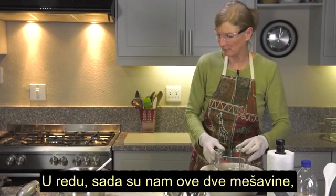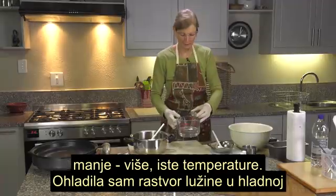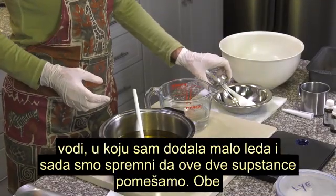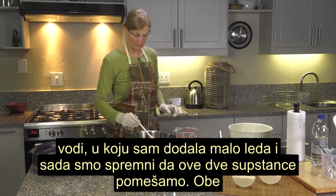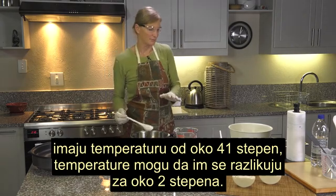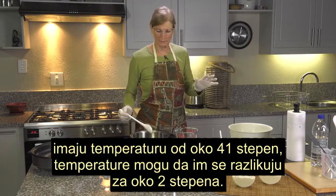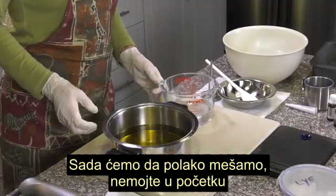Okay, so now we have the two mixtures more or less at the same temperature. I'd cool down the lye solution in cold water and a little bit of ice. And now we are ready to mix the two together. They're both at about 41 degrees. You can have a variance of about 2 degrees. That's fine. And now we're going to slowly